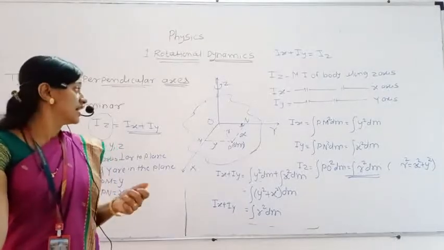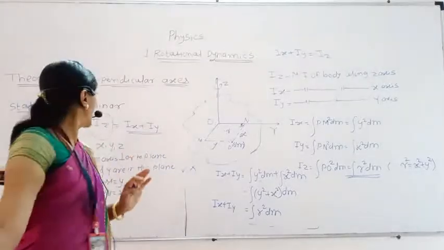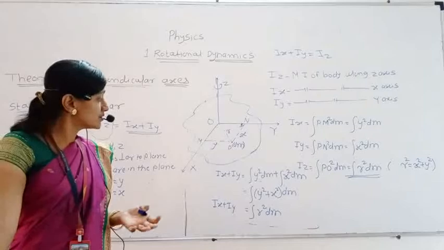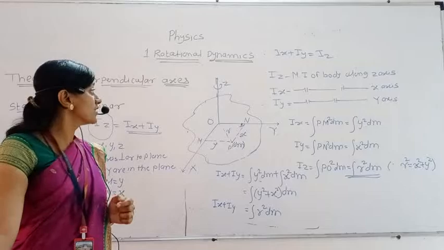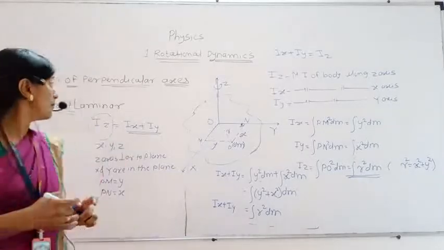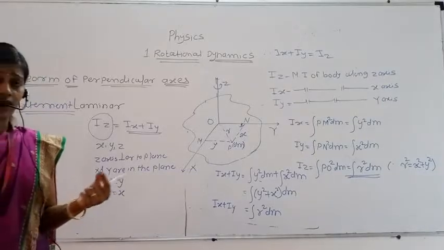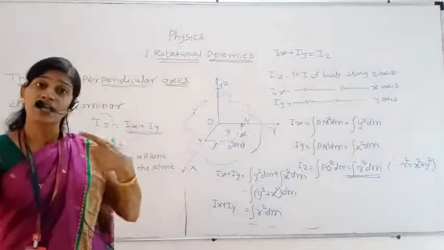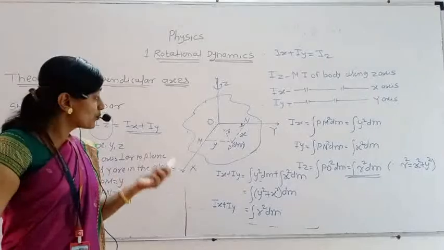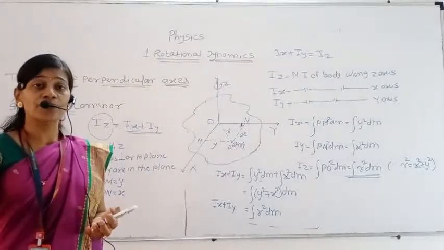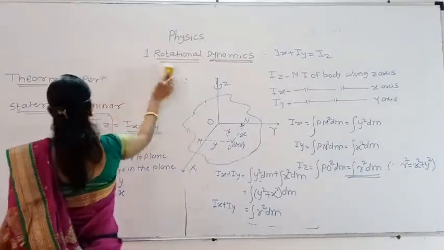As per the state board, they are going to ask the question even for 2 marks, otherwise for 3 marks: prove the perpendicular axis theorem. In MCQs also they are going to ask, and for solving examples the formula is very important. So we completed the perpendicular axis theorem. Maybe they only ask to write the theorem of the perpendicular axis. Such questions they are also going to ask, as well as the proof, derive or prove. And for solving MCQs, the formulas are important. The next point is angular momentum.